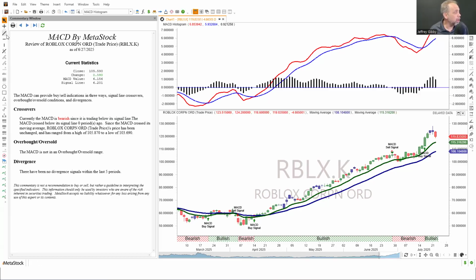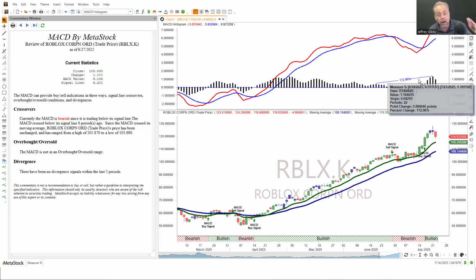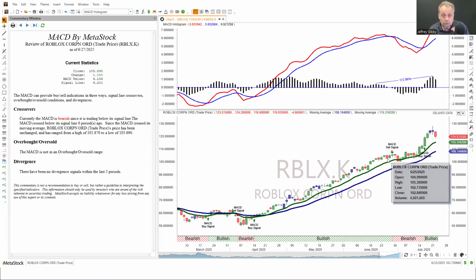What I'm going to do here is grab the trend line measuring tool and do a measurement from right here to right here. From this peak of the MACD to this peak of the MACD, there is an increase of about 172%. That isn't important. If I look for where the price peaked in those same areas, I'll just drop down here. Here was the high, a couple of bars later. I'm going to compare it to the high we just had, and this was about a 21% increase in price from this peak to this peak.